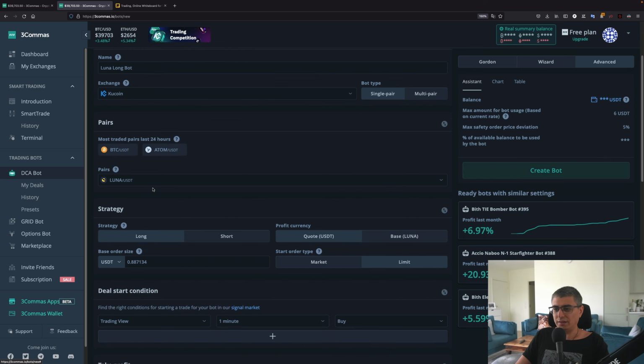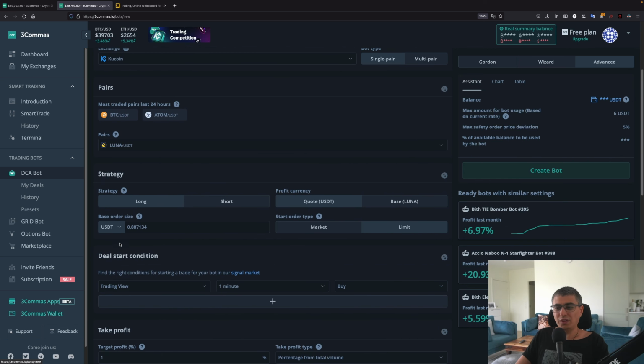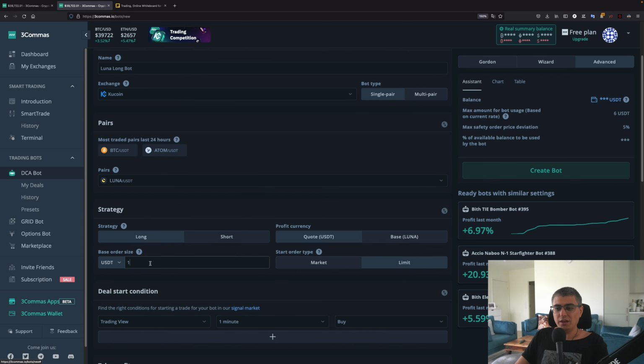USDT. All right, after I chose this, you can see here the base order size. I think this is the minimum that you can have. You can have even $1, right? That's the beauty of using KuCoin for this endeavor. So here you can use your base order size depending on your bankroll, of course. You can have it as much as possible. In my case, I am testing with $1.5, so I can run multiple bots or the same multi-pair bot with